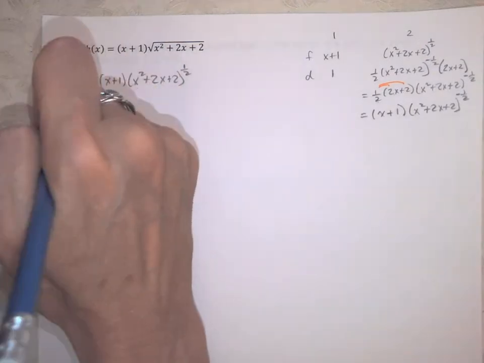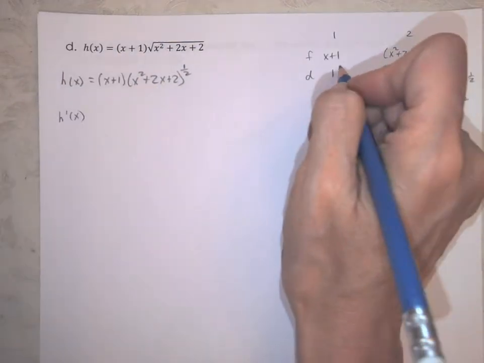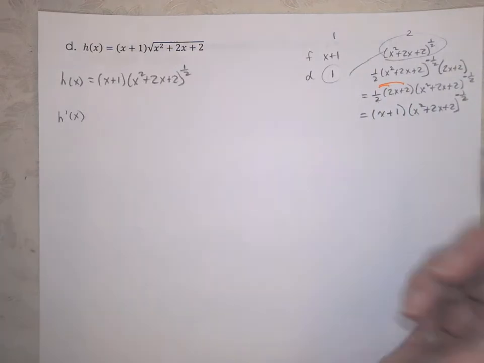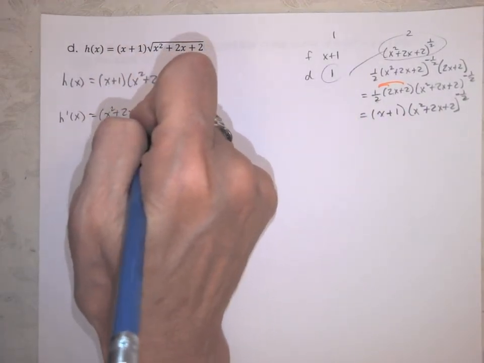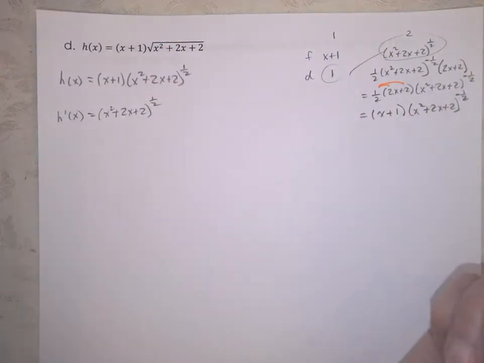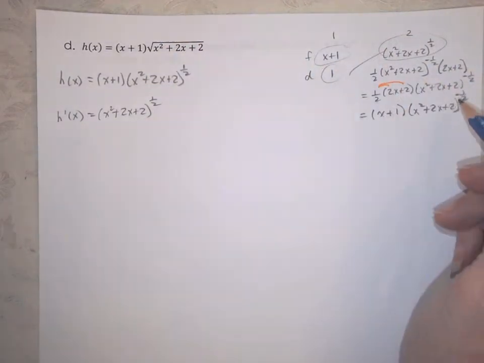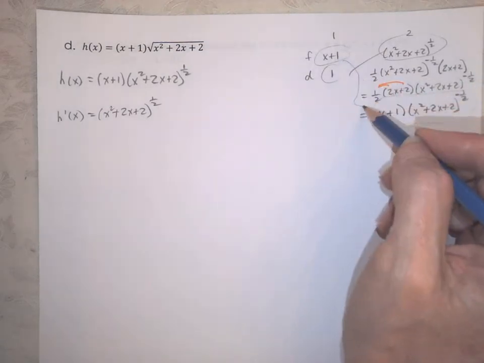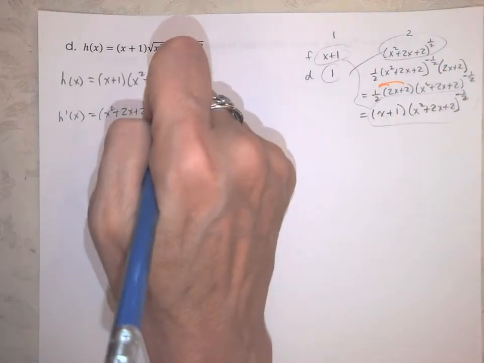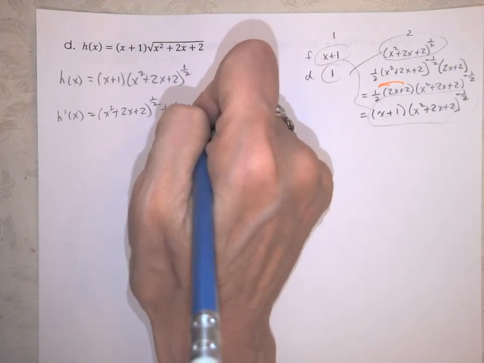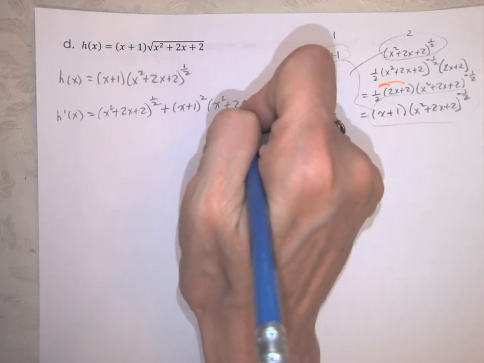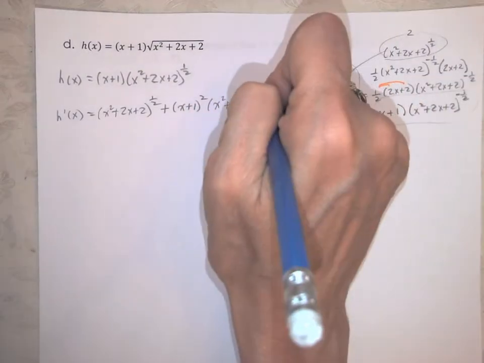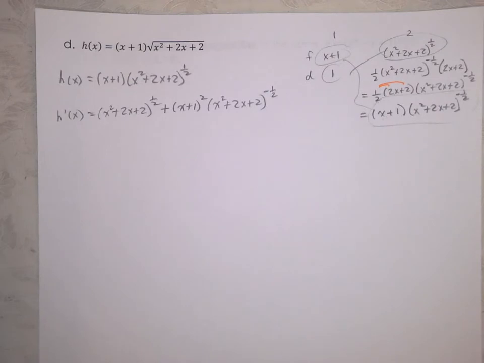Okay, so now we're going to use the product rule. So h prime at x is the derivative of the first times the second. So it's just going to be x squared plus 2x plus 2 to the 1/2 plus the first times the derivative of the second, and I can see I've got an x plus 1 times another x plus 1, so that's going to be x plus 1 squared times x squared plus 2x plus 2 to the negative 1/2. So there's my calculus, that's the derivative, but we want to put it in simplified